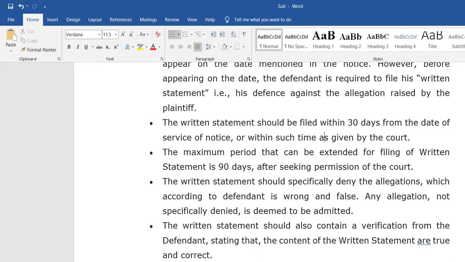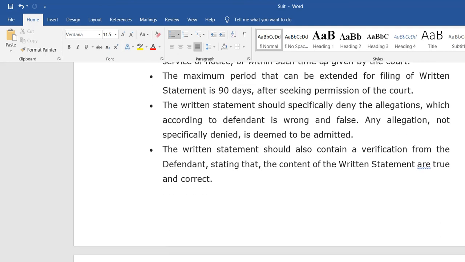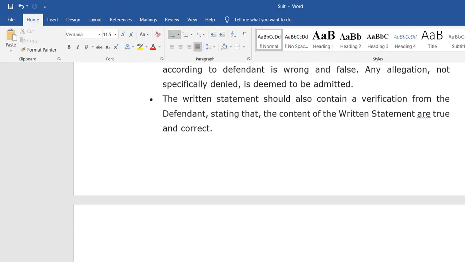Any allegation not specifically denied when creating the written statement is deemed to be admitted. Also, the written statement should contain a verification from the defendant stating that the contents of the written statement are true and correct.